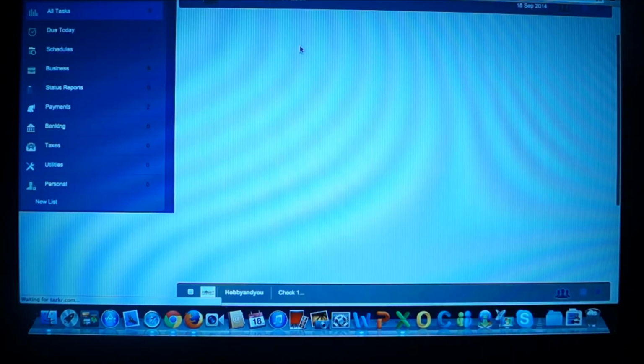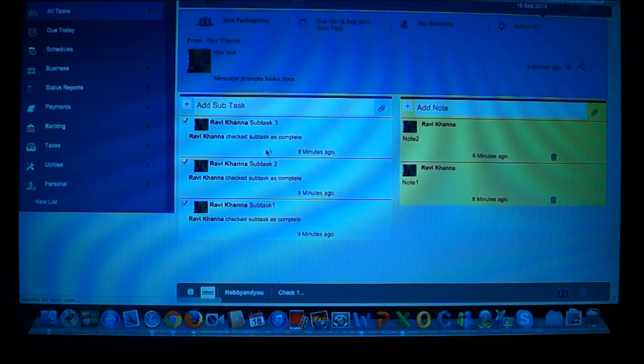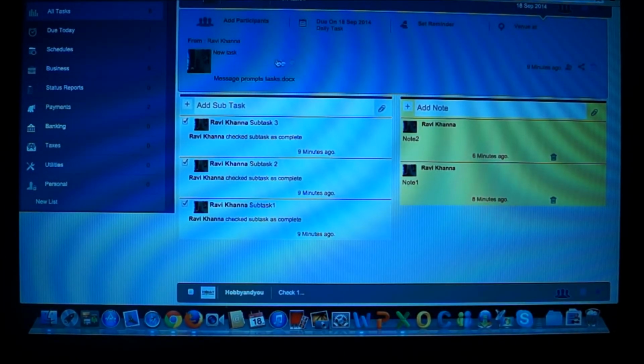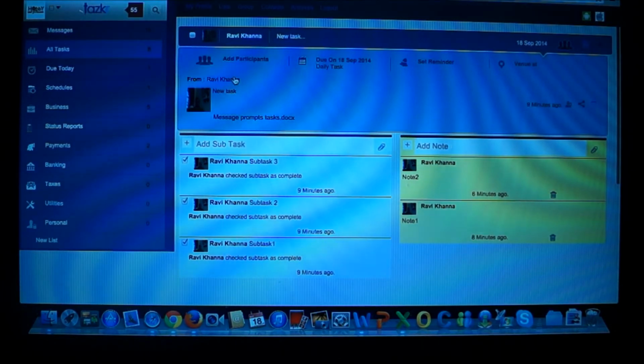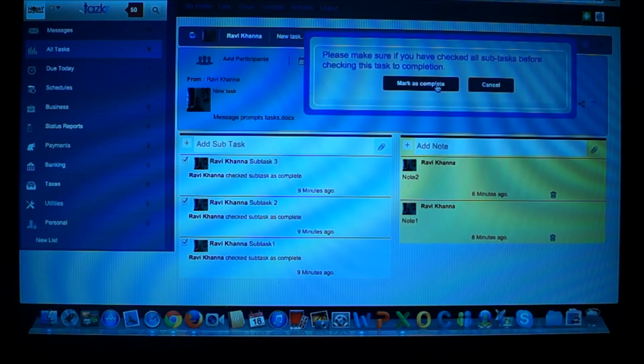Now I open this task. Now I see the task was created, notes are visible, the due date, everything is visible, and this task has been completed. So all the subtasks have been marked complete. Now, since I see all the tasks have been completed, this main task should also be marked completed. Once I mark it complete,